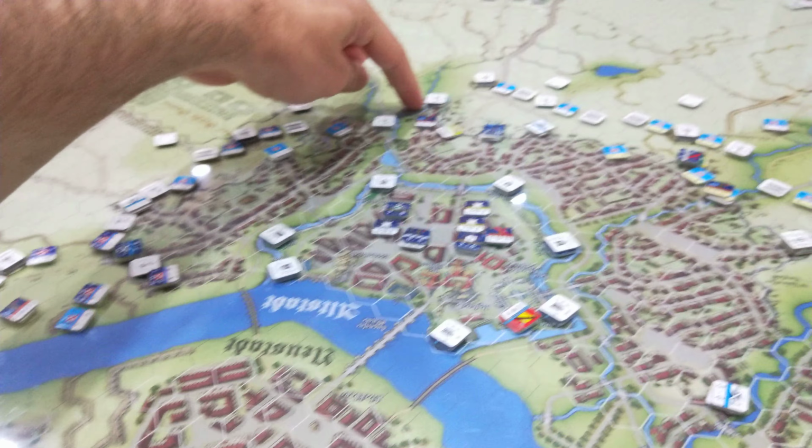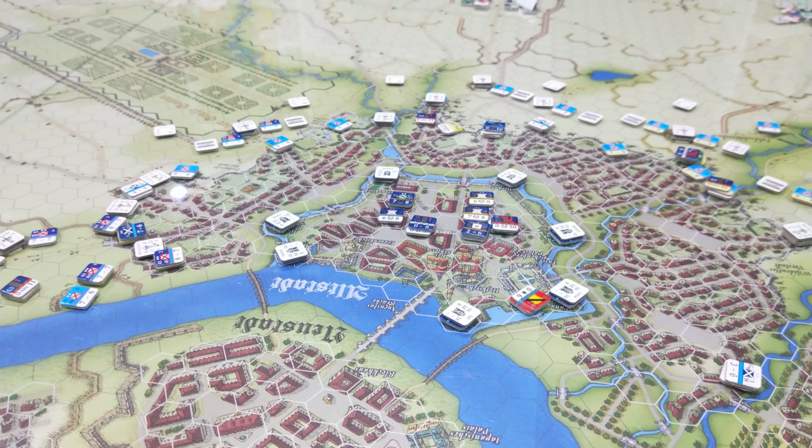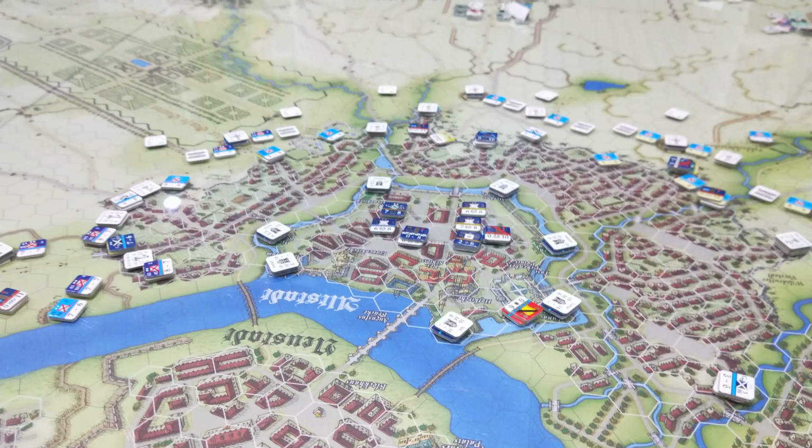Redoubt here, infantry on the left and on the right with more artillery support, and infantry on the left with artillery and some more infantry on the right. So every redoubt has support on its flanks. They're really only vulnerable from behind, very difficult to assault from the front, and that's why I've really tried to